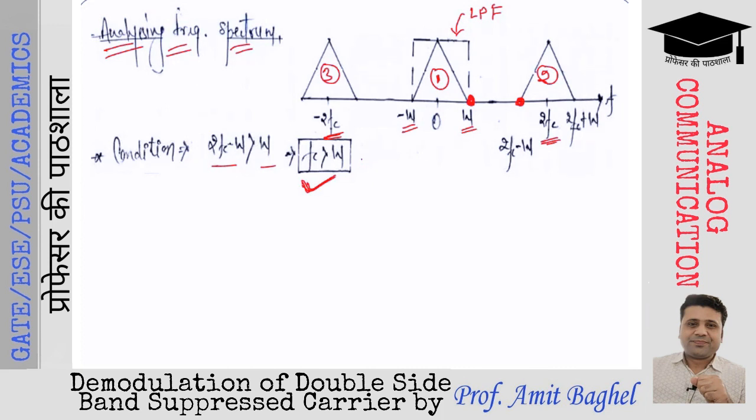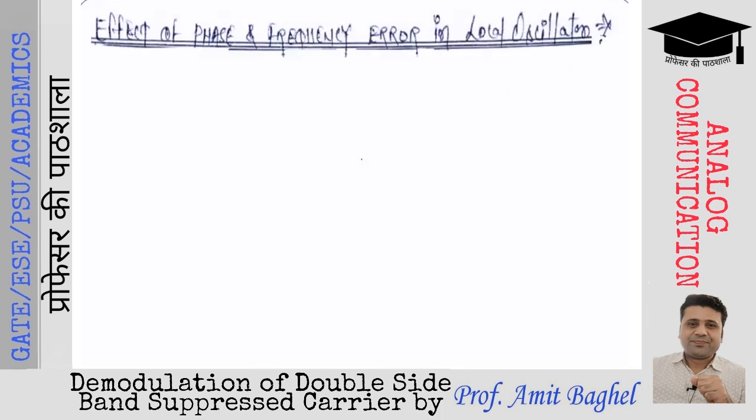The carrier frequency value w should be greater than the message signal frequency. This is the frequency spectrum of the modulated waveform through the synchronous or coherent detector. Now, let us understand, we have a local oscillator at the receiver side. The local oscillator generates a frequency, the frequency with which the message was overlapped on the transmitter side.